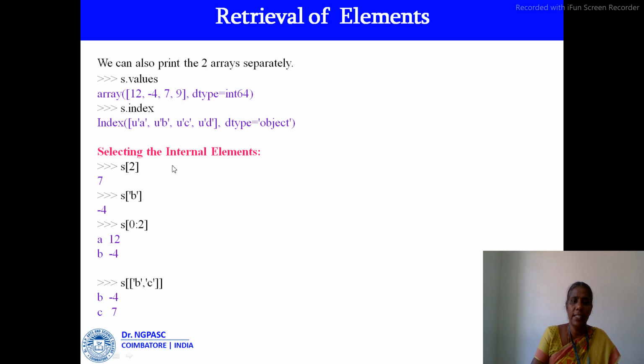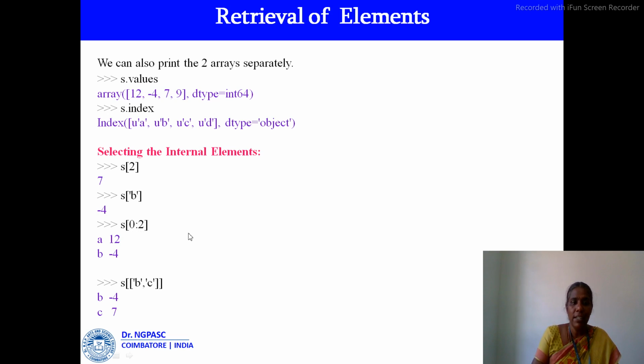How to select the internal elements? When I want to select a particular element in a series, I have to mention the index value. Here s[2] will give the value which is stored in the second index. Likewise, s['b'] will display the value which is stored in the b index. When I want to display multiple values, this is also possible. Here I have used the slicing operation